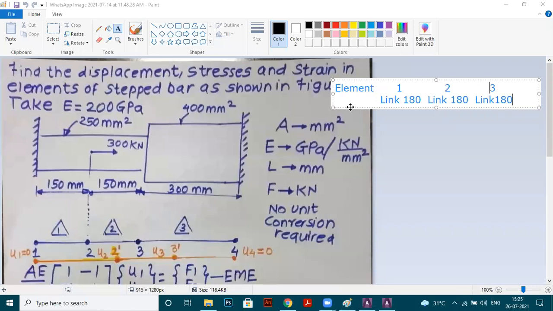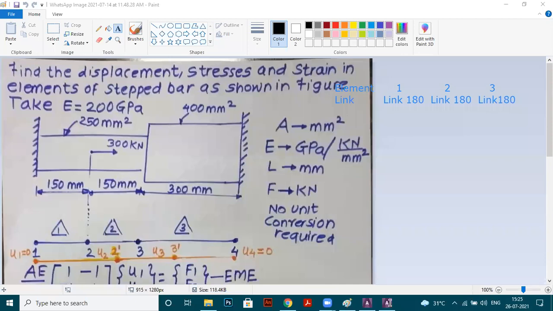Which link are we using? We will use link 180, right? So this is all about your link. Now we will go back.